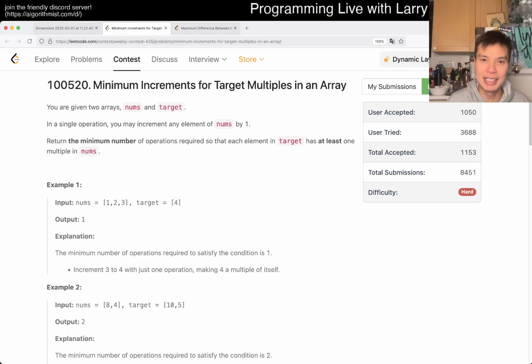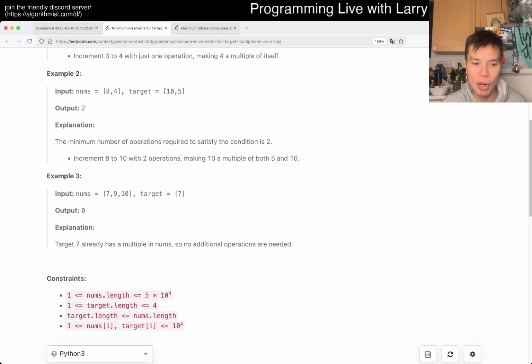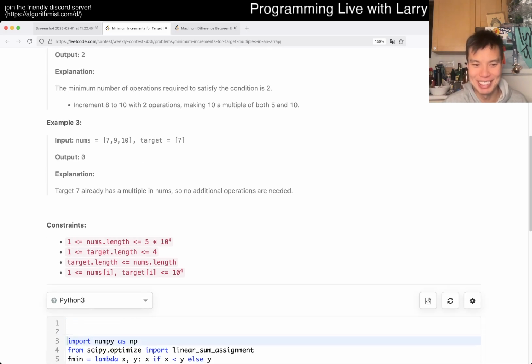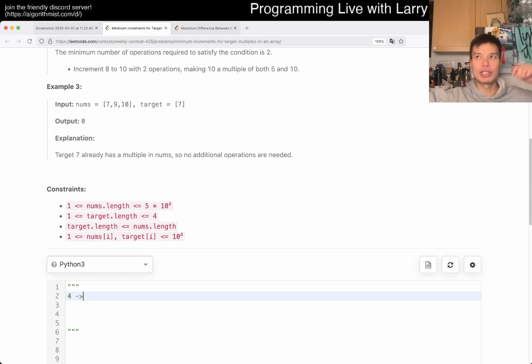I'm not gonna lie, I cheated on this one, and I'll tell you what I mean. But the core idea of this is brute force, taking advantage of the fact that the number of target numbers is 4, right? So what does it mean that the number of targets is 4? Maybe you see my cheating thing right here. What do I mean by target number is 4? Well, 4 means that we can brute force on some idea of